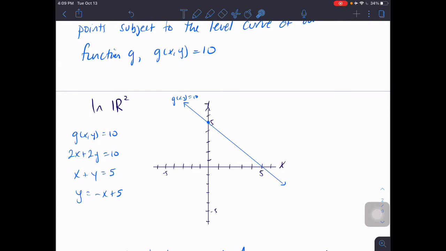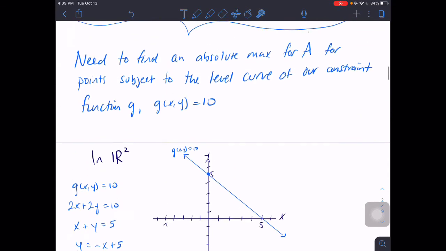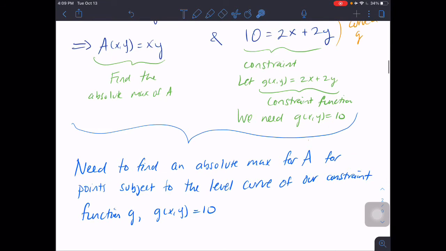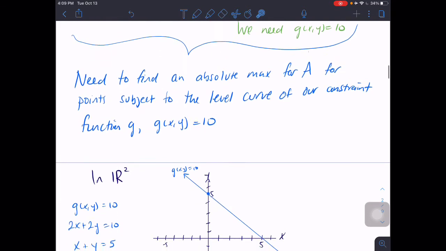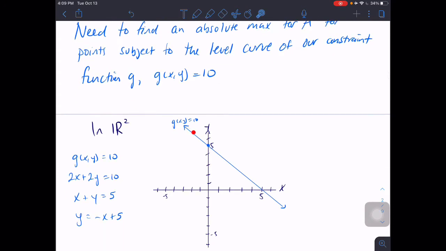And so what we're doing is we're going to be plugging in all the x, y points that lie on this line, and those are the ones you're plugging into your function. And then for all those points you're plugging in, you want to figure out which one will give you the absolute max area. Okay, so that's what we're trying to do. We're only plugging in points that lie on this line, and we want to figure out which one will give us an absolute max. So if we look at this in GeoGebra,